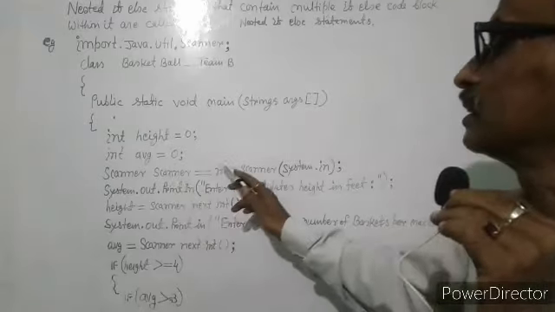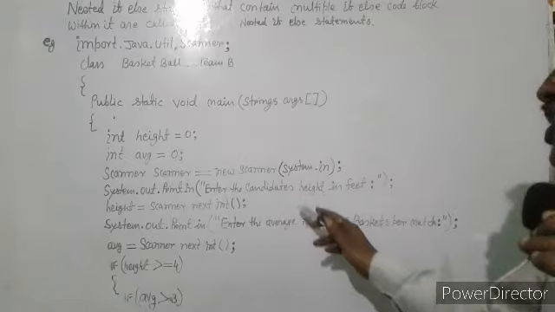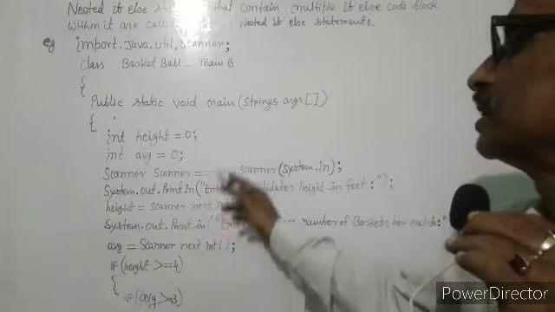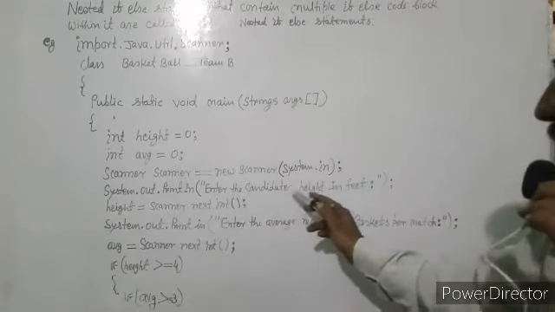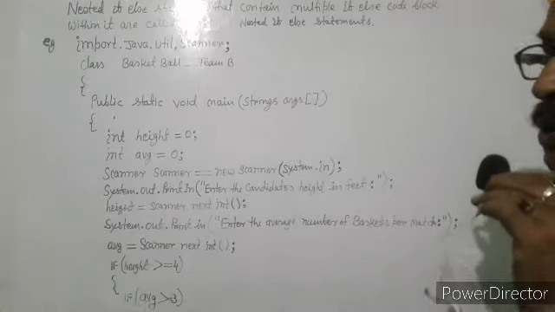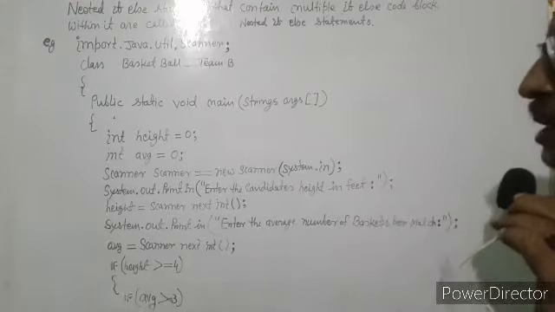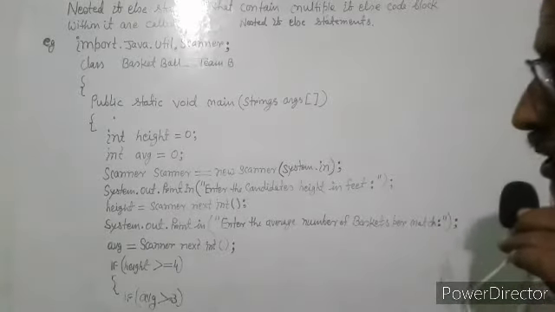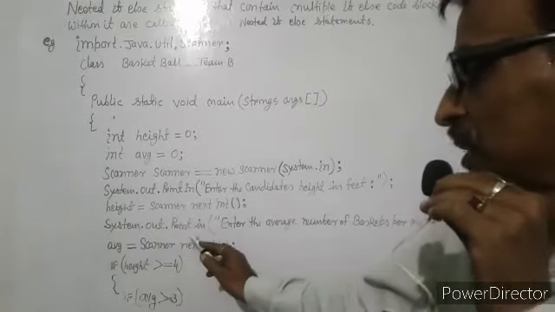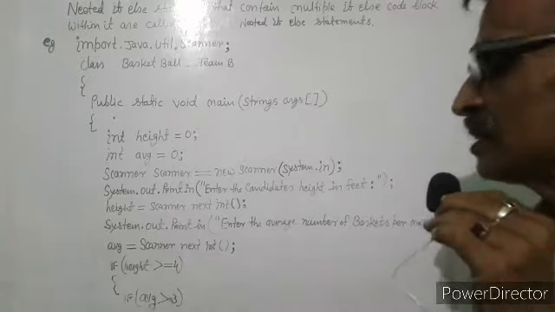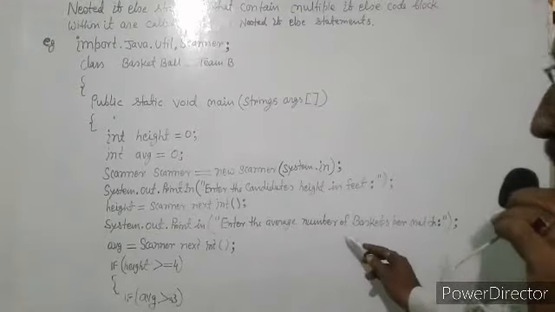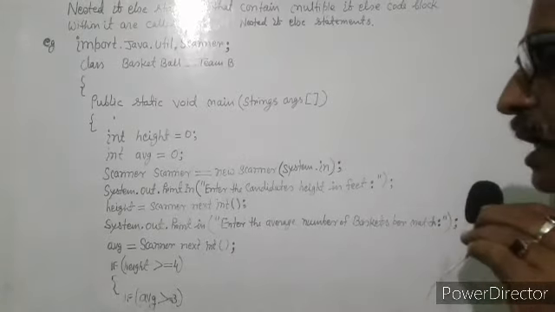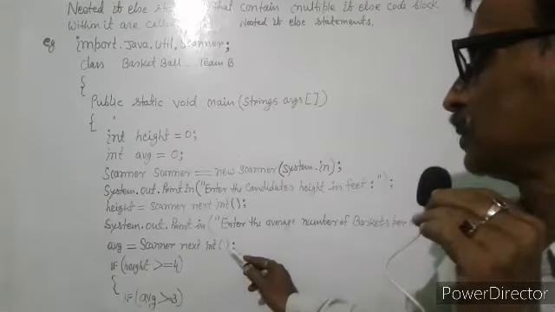Now Scanner sc = new Scanner(System.in); System.out.print("Enter the candidate's height in feet: "); height = sc.nextInt(); System.out.print("Enter the average number of baskets per match: "); avg = sc.nextInt();